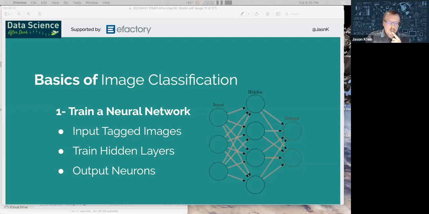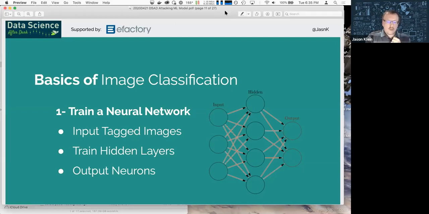So first and foremost, when you're talking about image classification, the very first thing that you need to do is train a neural network, train your model, whether that be the model that AlexNet produced or the model that Microsoft produced 5 years ago, or the many different models that are coming out now that are based on their work.